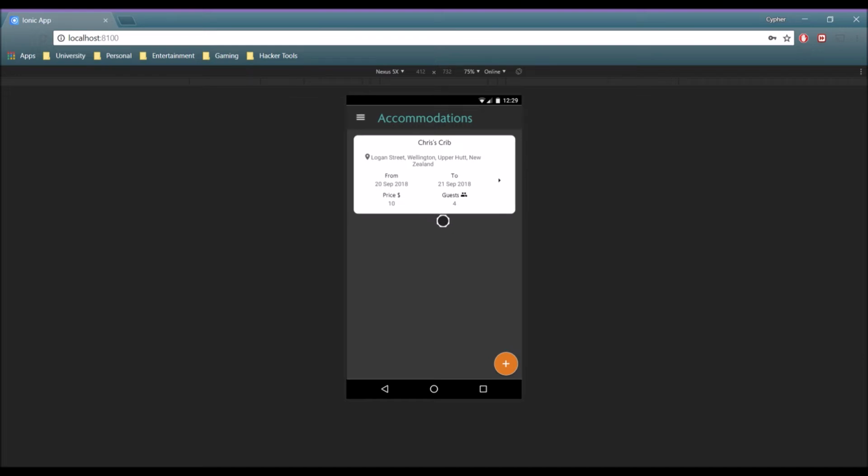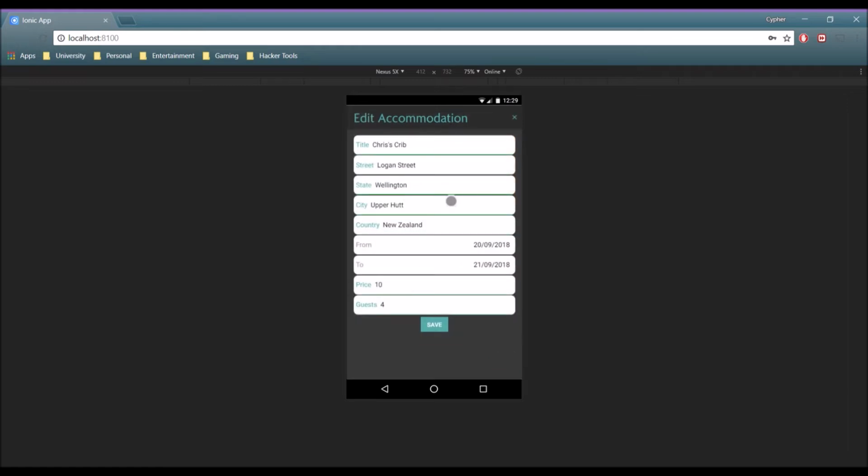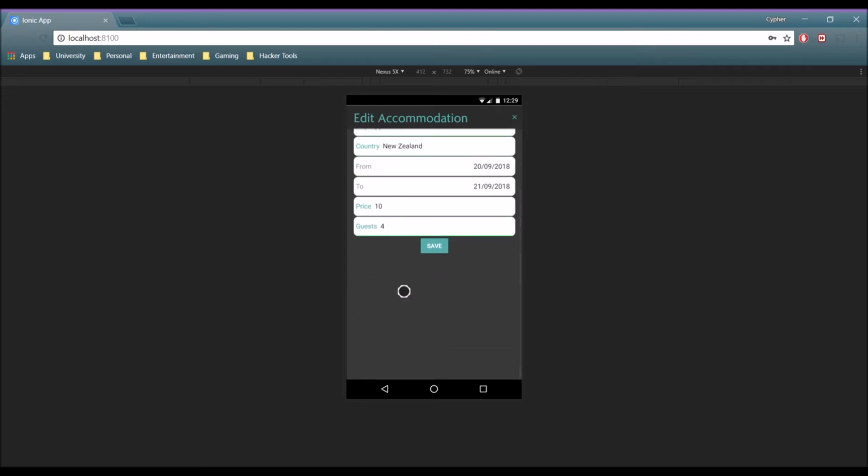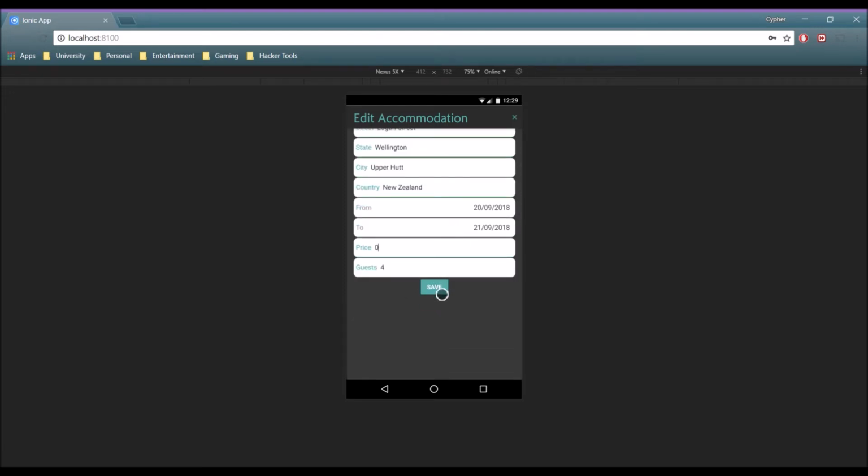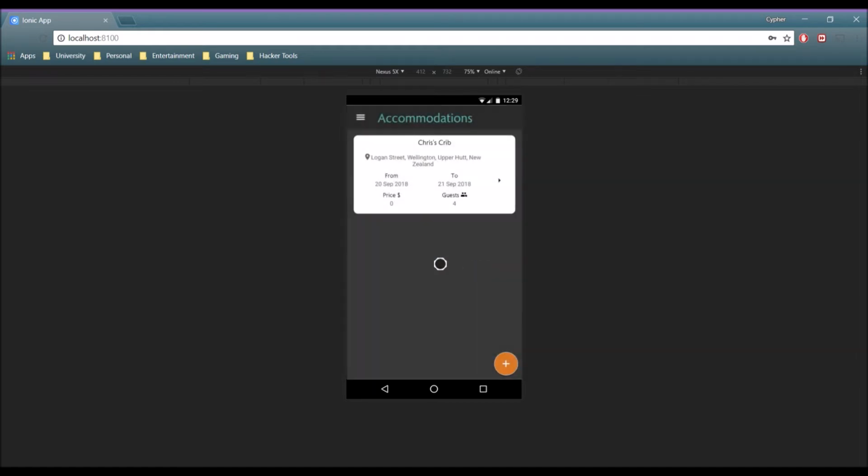I don't really want to charge my friends to go to my birthday, so I'm just gonna slide this across and edit this event. We're only gonna change the price. I'll just change this to 0 and then click on this to save it. Oh, and as we can see,